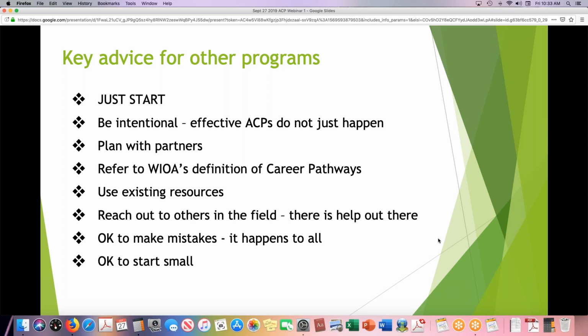So what would my advice for other programs be? Just start. As you can see, I do not have a fully developed career pathways, but one thing I do want to stress is, we have been doing our developmental math class with our community college for a couple of years. We had a meeting with them 4 or 5 years ago about how we could do their developmental English, different things like that.